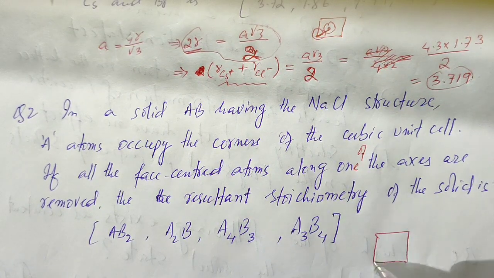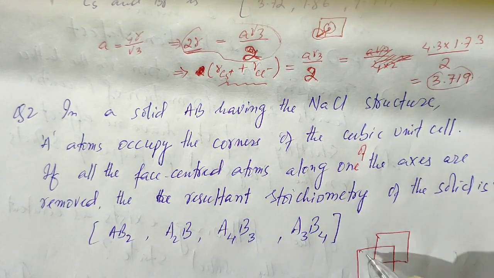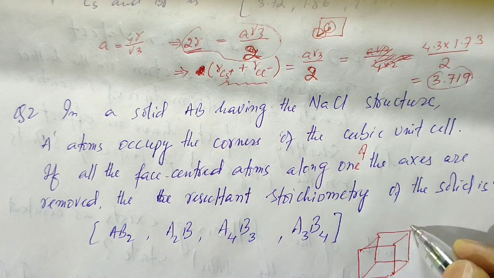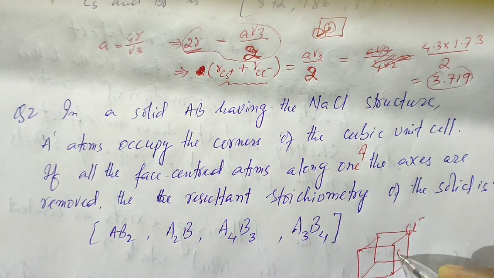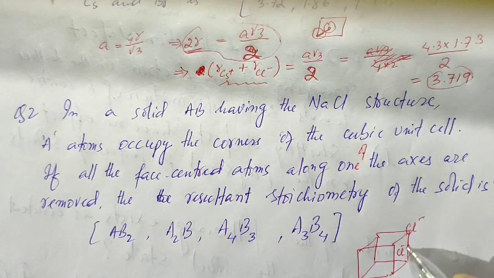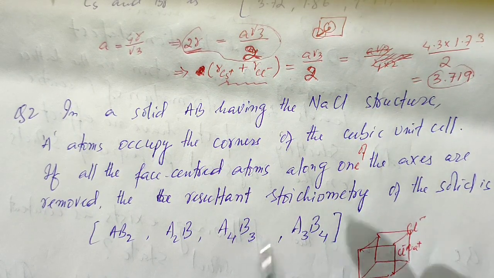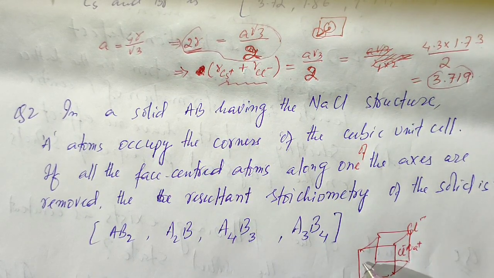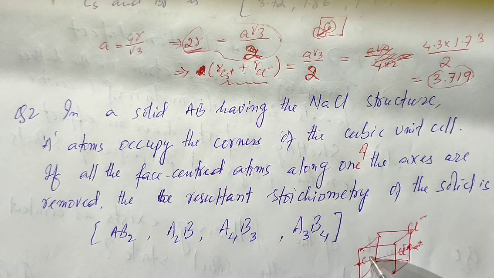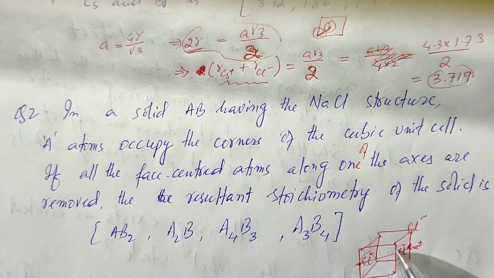Now, this is the sodium chloride structure. This has an FCC structure where the chloride ions are present in the corner as well as the face center positions, and the sodium ion occupies the edge center. So here if we remove from here to here, if this is one of the axes, then how many face centered chloride ions will be removed? From here, 2 chloride ions will be removed actually.